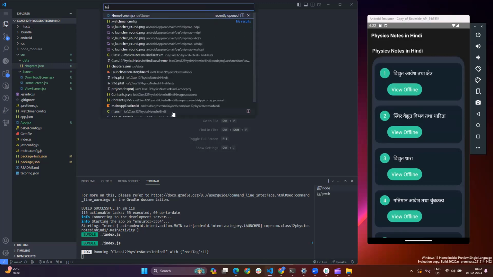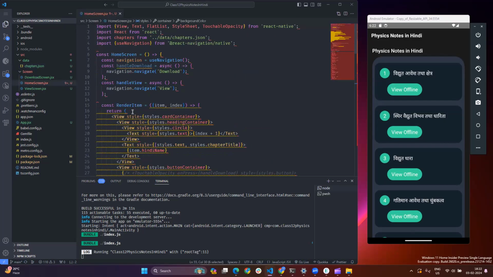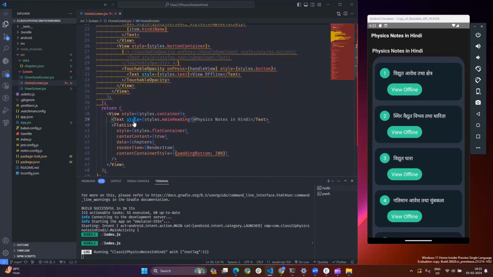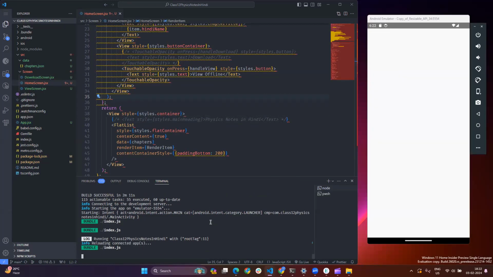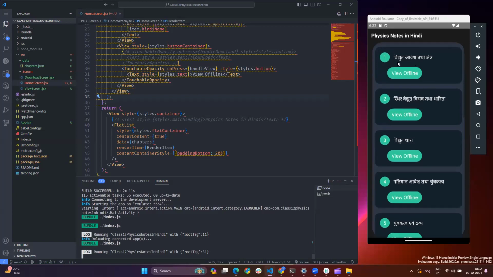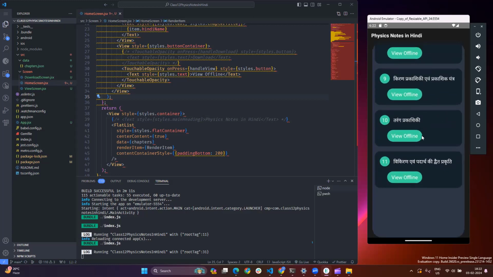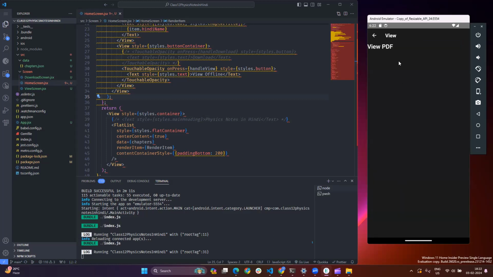So we could get rid of this header title, because it doesn't make sense for me right now. What do you think, guys? So let me reload the page, and now we have added this. Now we click on view offline. Oh my gosh. Now let's click on view offline so we can see a view PDF page which we are working on,